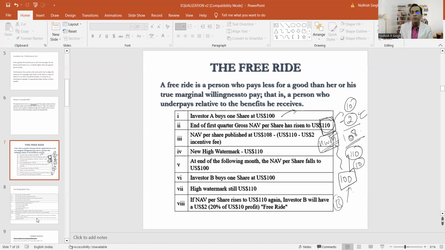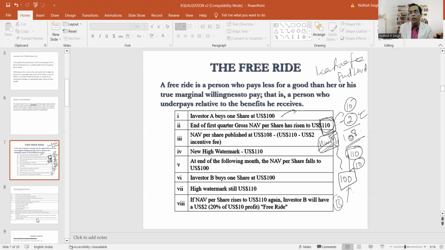So $10 profit is made. But remember one thing: in the equalization method, because there's no line item for each investor, the fund calculates the incentive fee at the overall fund level, not at investor level. Since the high watermark of the fund is 110, there will be no incentive fee calculated up to 110